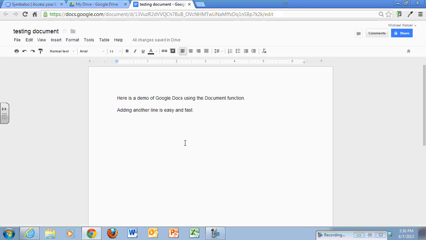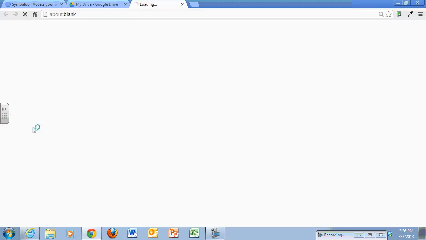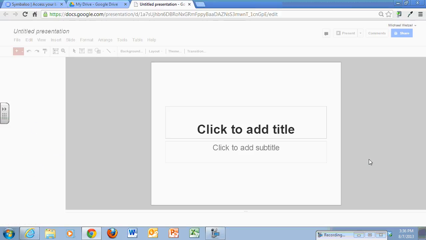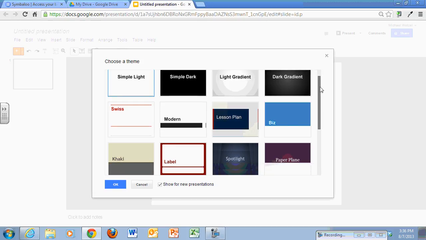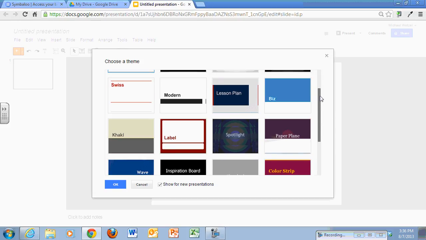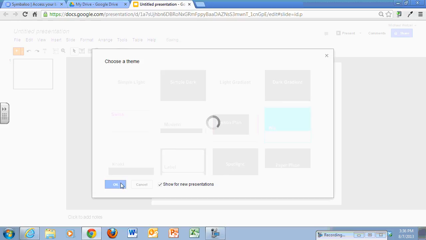And it's amazing. It's instantaneous, and it's real time. So multiple people can be editing at the same time, and it's really simple. Again, presentation looks like a stripped down version of PowerPoint. It doesn't have all the bells and whistles. You can pick your basic layouts. Okay,